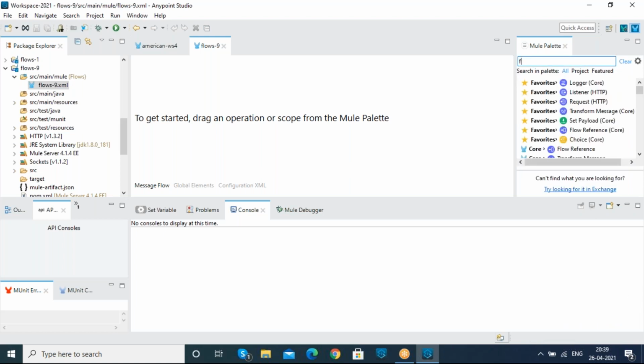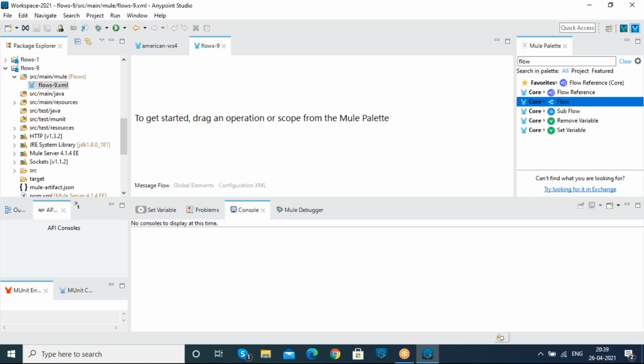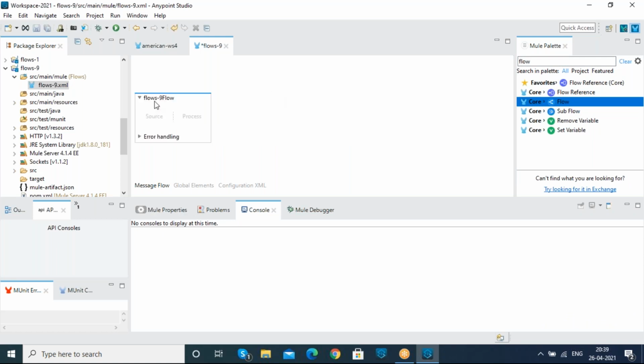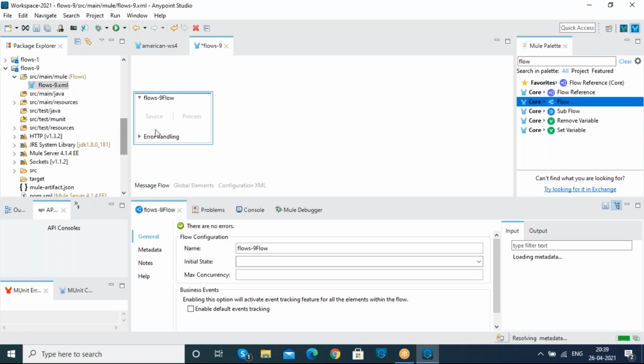Whenever we are dragging and dropping a normal flow over here, in a flow we'll be having source message, message processor, and error handling in it. If we are using both the source message and message processor, then we are calling it a main flow. So previously, whatever flows we had designed were the main flows itself.